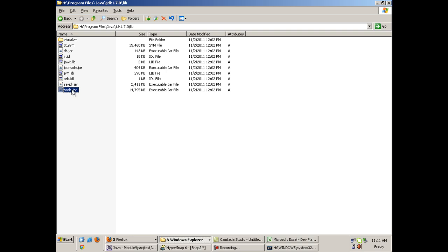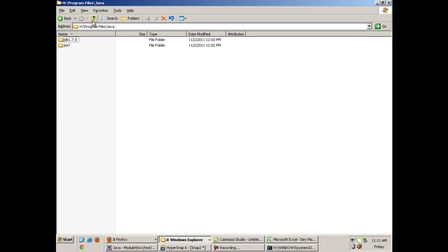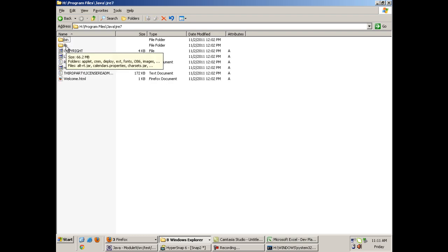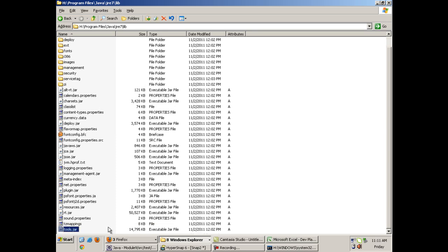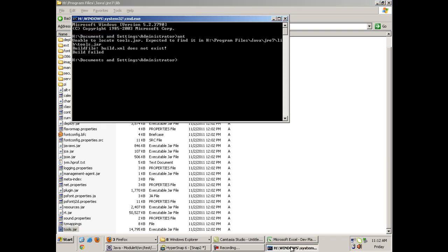You copy this tools.jar, move back and open JRE and go inside the lib folder of JRE and paste the tools.jar there. Basically Ant looks for the tools.jar file in JRE, but it's not available, so you have to copy paste it from JDK. Or you can download it from the internet as well if you don't find it.